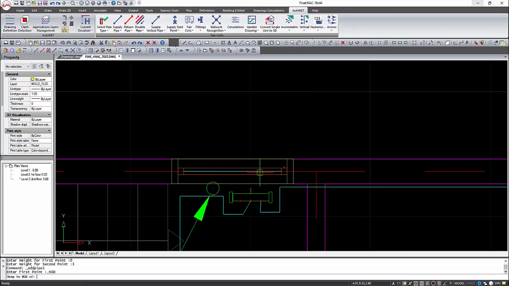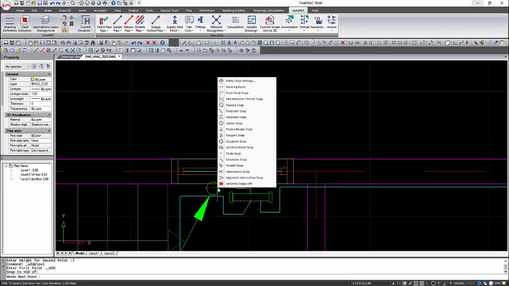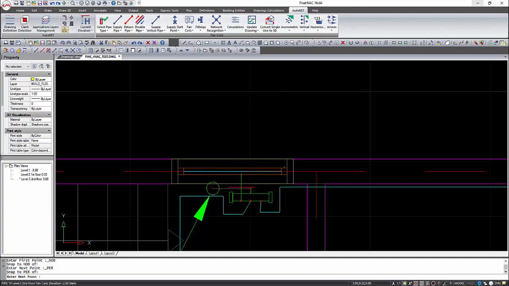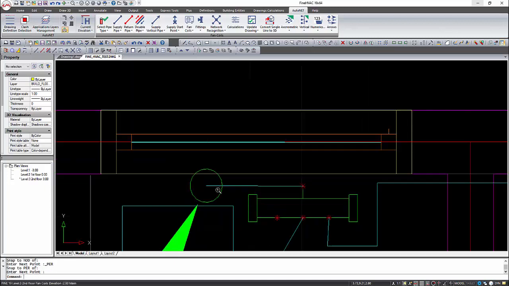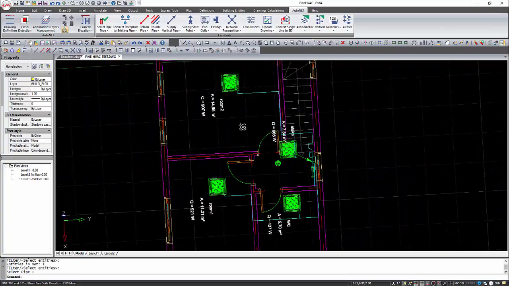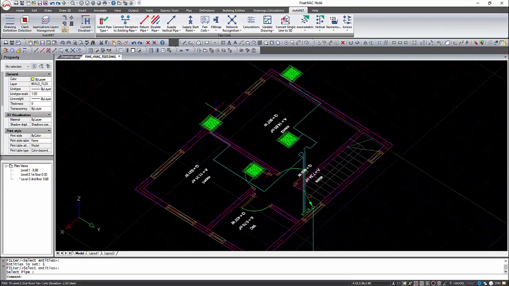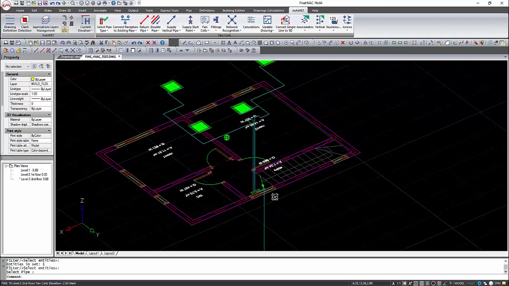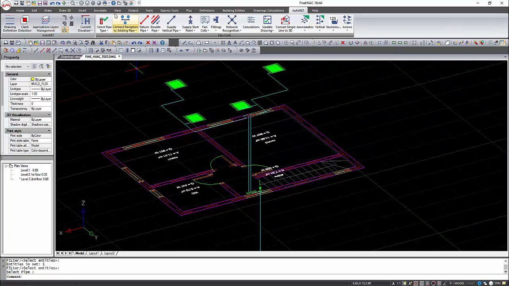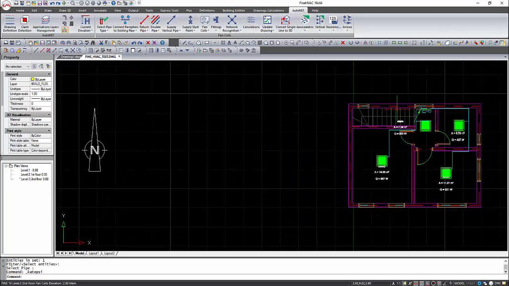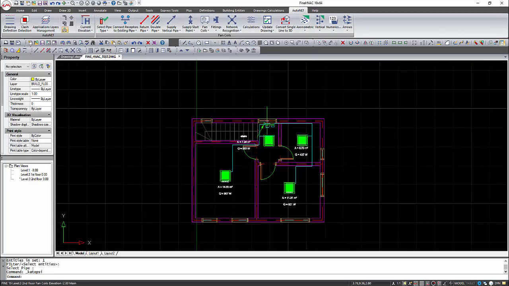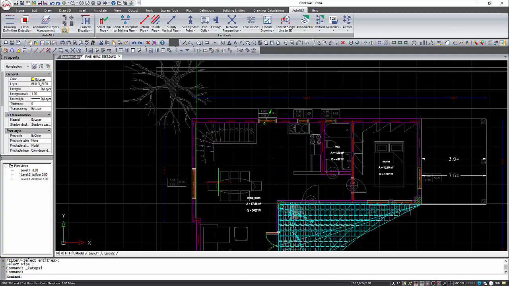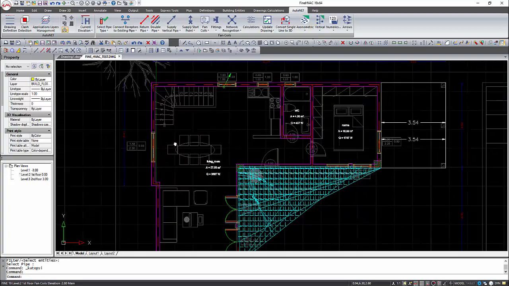We will use node snap for the collector and perpendicular snap for the vertical pipe. The same procedure will be done for the first floor.